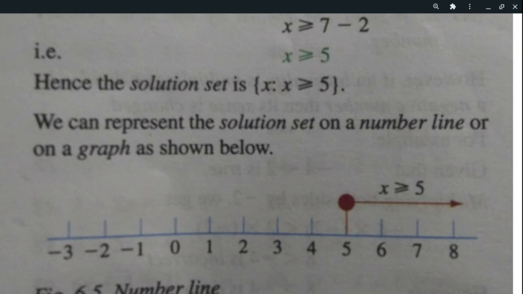But if it's a value that's just greater than that value, is it going to be closed or open? Let me repeat. If the value is just greater than 5, is that circle on the diagram going to be shaded? No, it's not going to be shaded. Correct. Now, how do we represent an open graph? Do you just write a circle, or tell me how you would do it? Just write a circle and put an arrow sticking to it. Right. Okay. Now we're going to write that in the form of sentences.